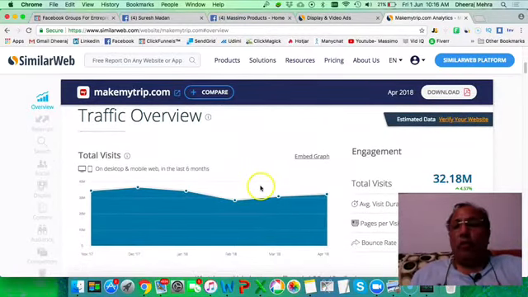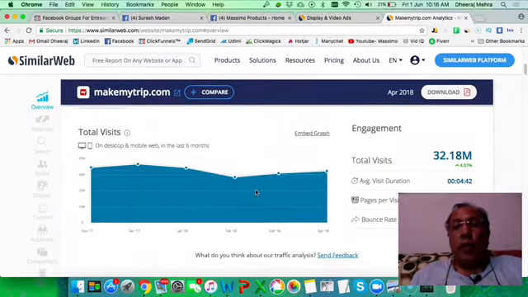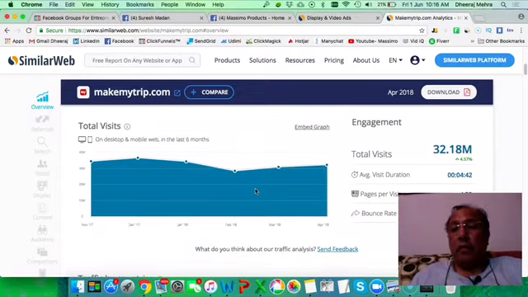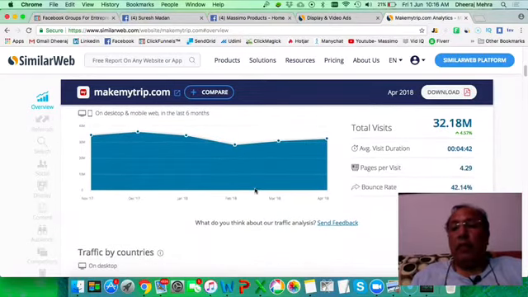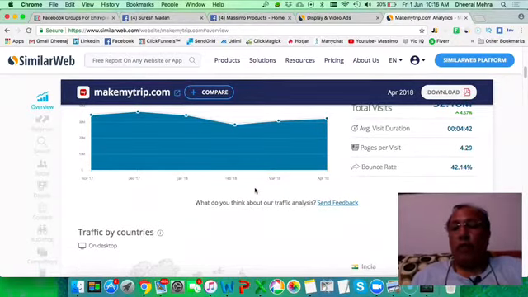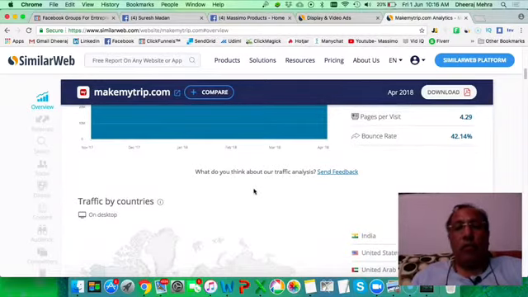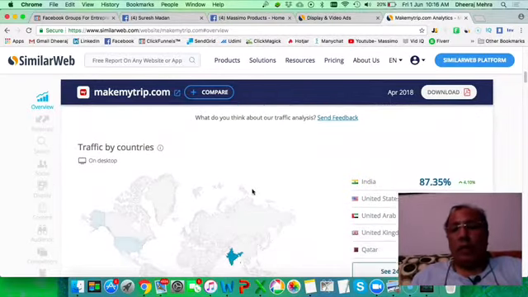Then it shows you what traffic they have. Okay, if you see here, they are already doing 32.18 million visits, which is pretty good. The average duration of the visit is around 4 minutes 42 seconds. Pages per visit, people go for 4.29, right? Of course, they have a high bounce rate, which is not a good thing, but maybe people are just